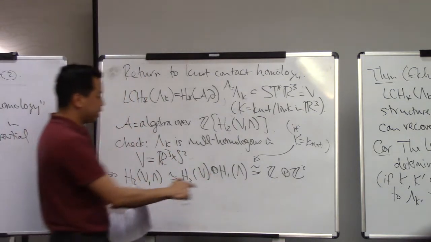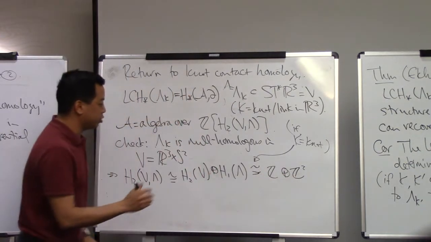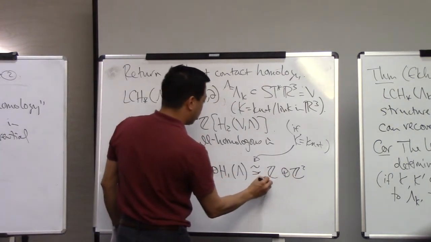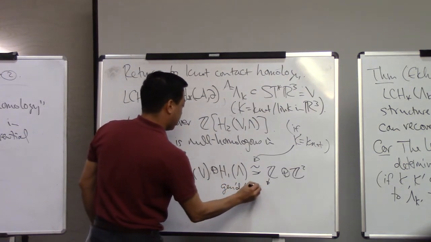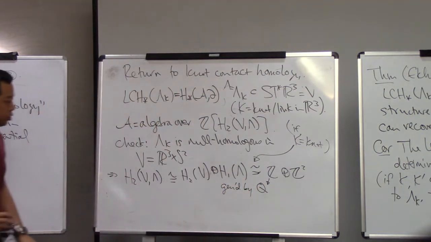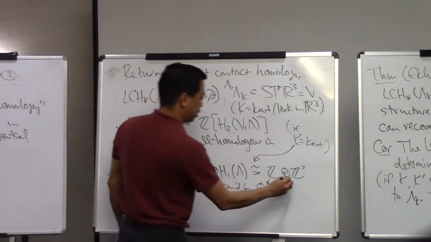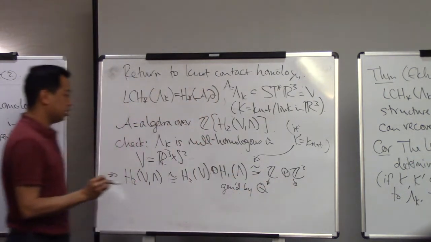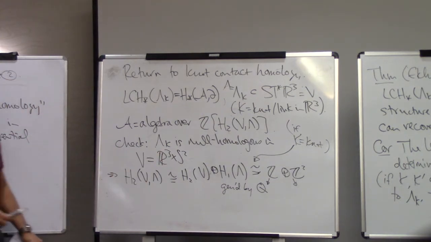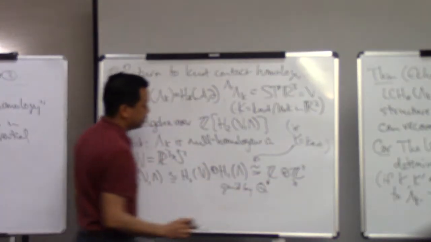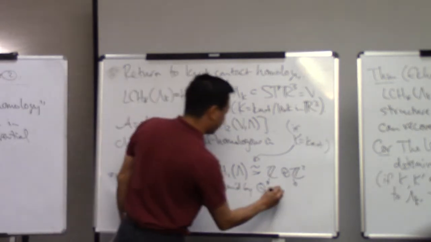I'm going to pick generators for this Z and Z squared. Capital Q for this Z factor. This is eventually going to turn into some sort of Kähler parameter in the resulting manifold. And Z squared will be generated by,